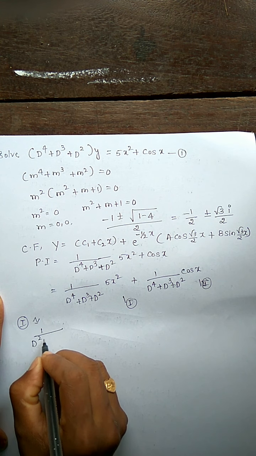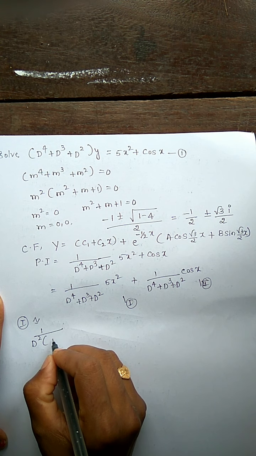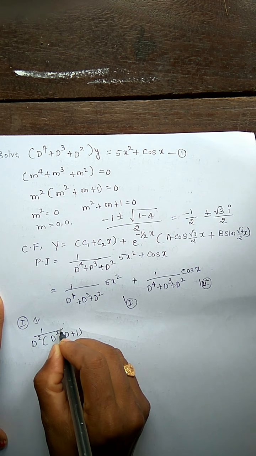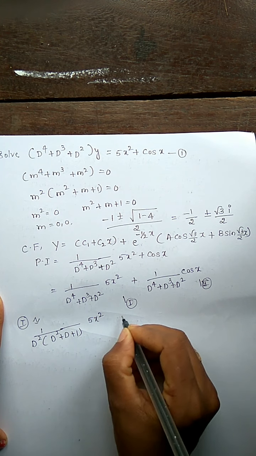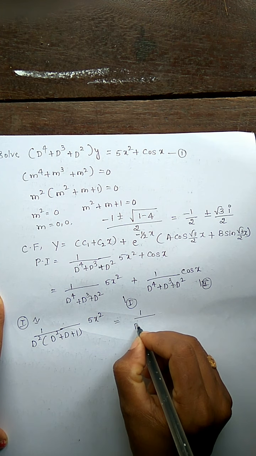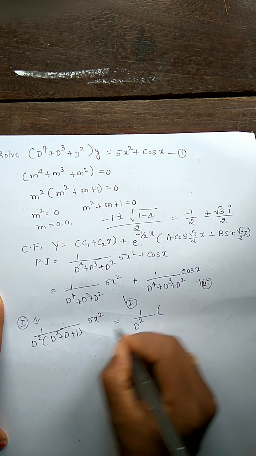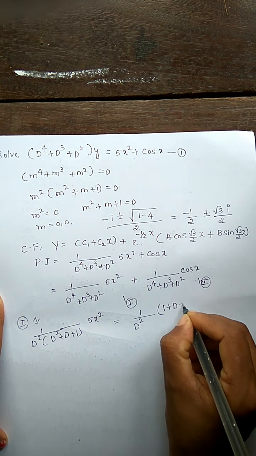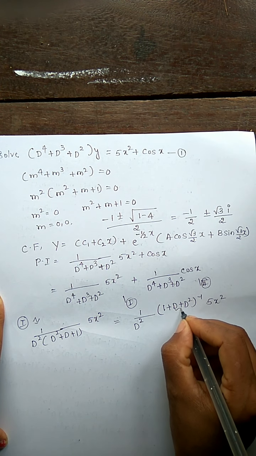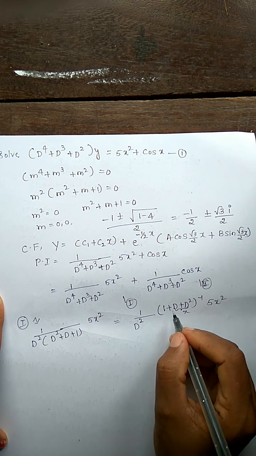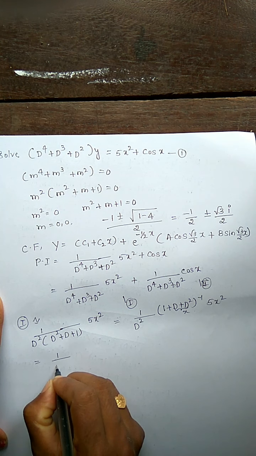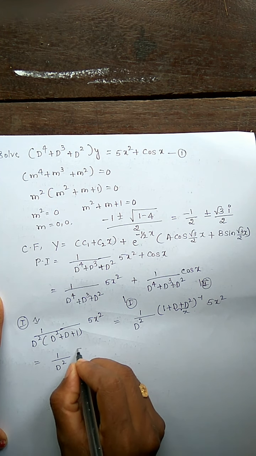So I will take D square outside. So at that time we are left with D square plus D plus 1 into 5x square. So further simplifying, that is equal to 1 by D square into, I will write this one as 1 plus D plus D square power minus 1 into 5x square. I will just treat D plus D square itself as some x. So now it is the 1 plus x power minus 1 formula. So we have to write that as equal to again 1 by D square into